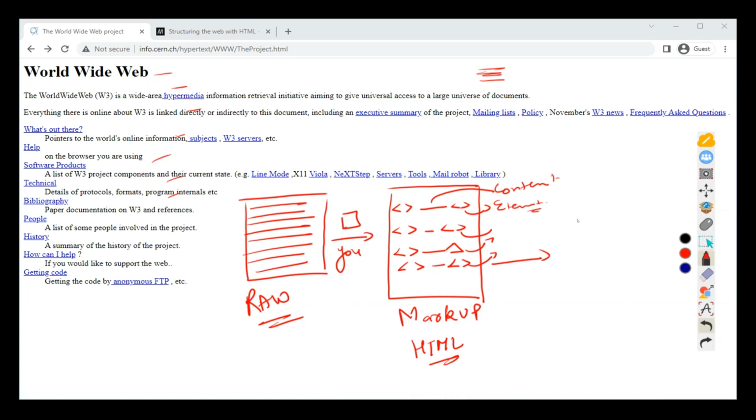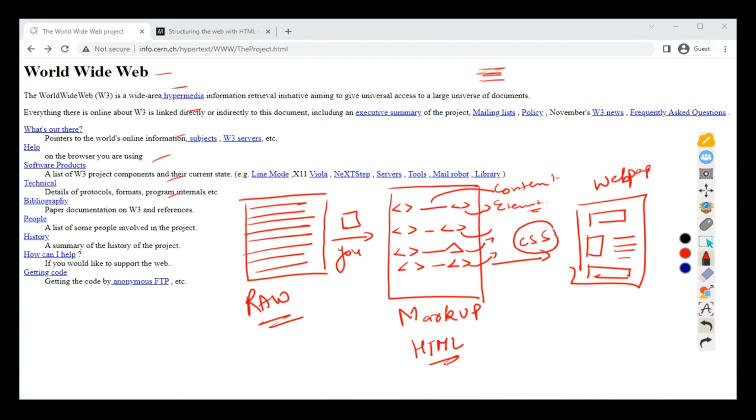And this HTML form is further displayed as the web page. Suppose this is some image, this is some video, this is some text, and this is your footer area. This is the web page. Over here, some CSS happens, some JavaScript happens, which we are not considering as of now. We would be studying that part later. Right now, our job is to take care of this markup form. So the raw data that we have has to be put in markup form. To put it in markup form, we are